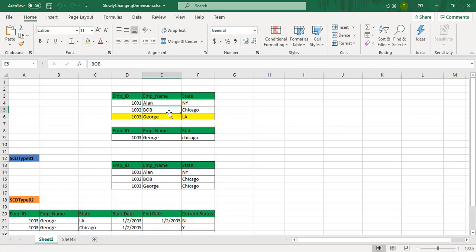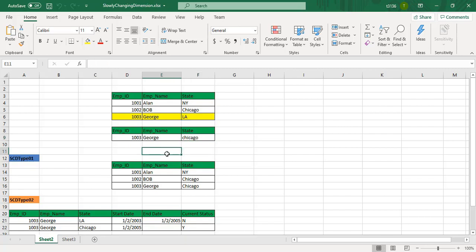So the changing column is state. Let's say George has decided to move from Los Angeles to Chicago. So this value is the changing value, and this column is the changing column. The current value will be Chicago and the historical value will be Los Angeles.